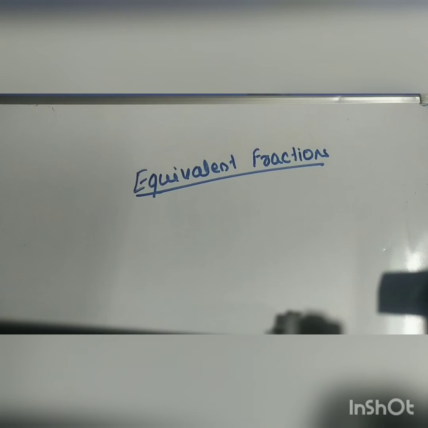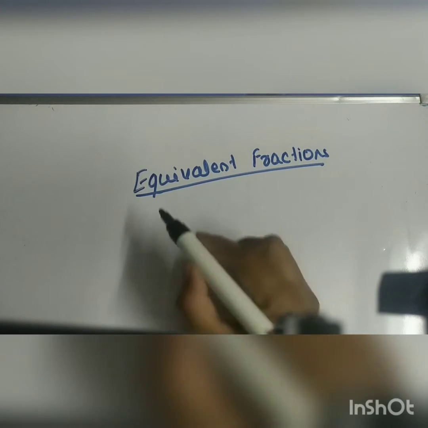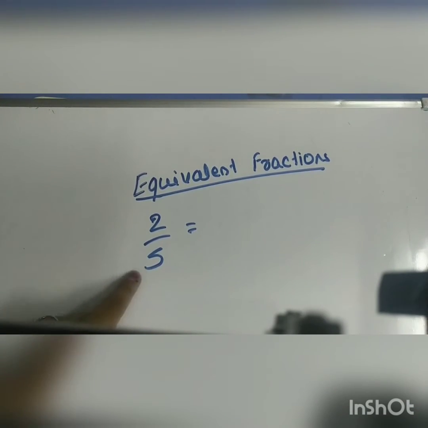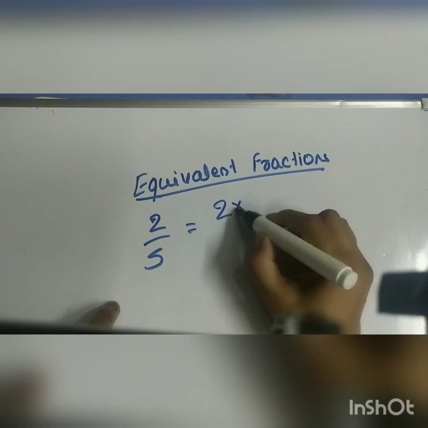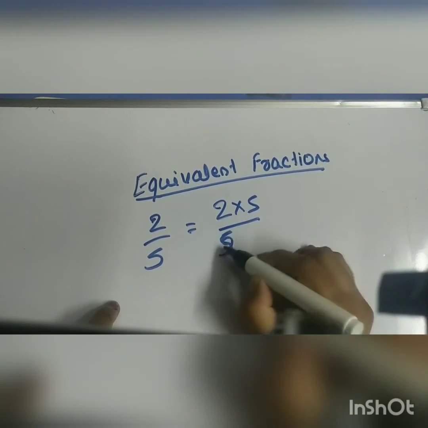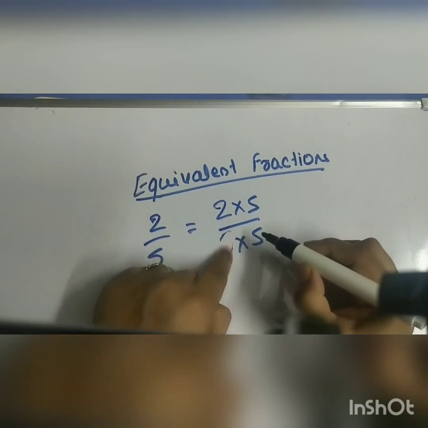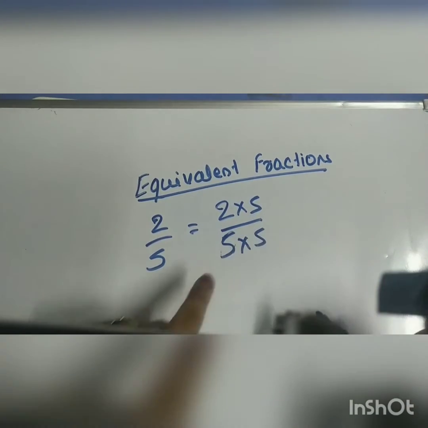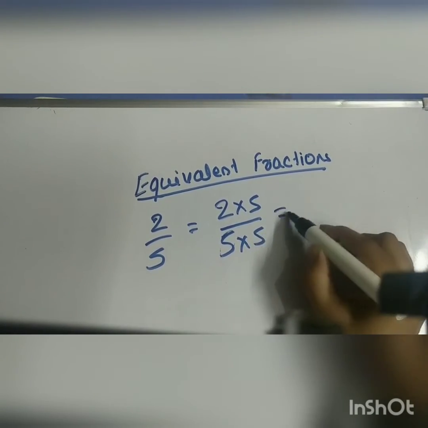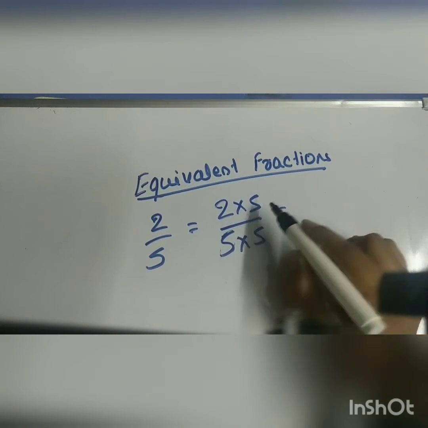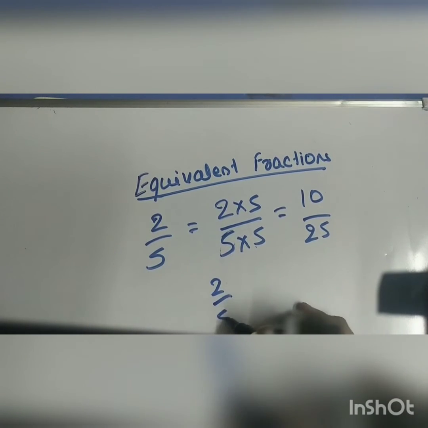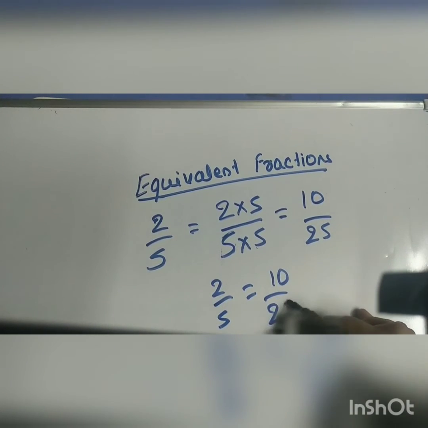The next fraction type is called equivalent fraction. Equivalent, the name suggests that they are equal, right? Let's take an example, 2 by 5. What is the equivalent fraction of 2 by 5? Whatever we multiply the numerator with, the same thing has to be done with the denominator as well. Why is it said to be equal? You can see that the 5 in numerator and denominator cancels out and still 2 by 5 remains. When we simplify, 5 2s are 10 and 5 5s are 25. So we can say that 2 by 5 is equivalent to 10 by 25.